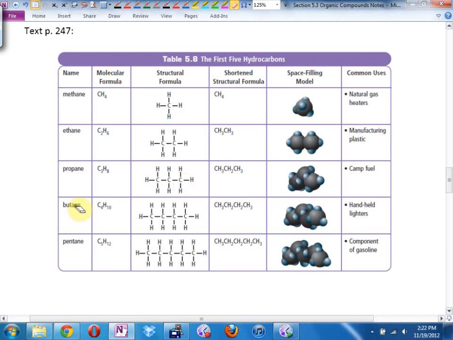Butane. Where do we use butane? Handheld lighters and some curling irons. Pentane. Also in powdered non-liquid shampoo. Pentane. 5 carbons. As a structural formula, this is how they can show you it's a C with 3 H's, a C with 2 H's, another C with 2 H's, another C with 2 H's, and a C with 3 H's. Can you see how you can get that shortened structural formula from the picture there? They're just rattling off the C's. That's used in gasoline.